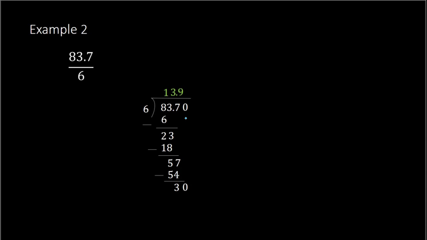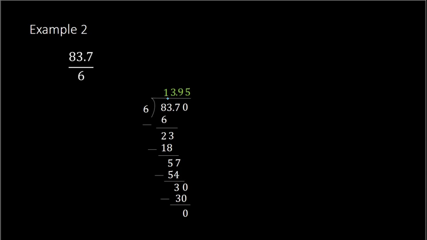We bring down the 0 and then repeat again. How many times does 6 go into 30? Well, that's 5 times. So let's put a 5 up here. We multiply 5 times 6 to get 30, and we subtract to get 0. All right, so these are the numbers, and the decimal point goes here after the 3, because as we were